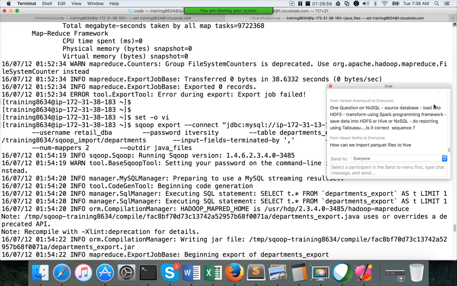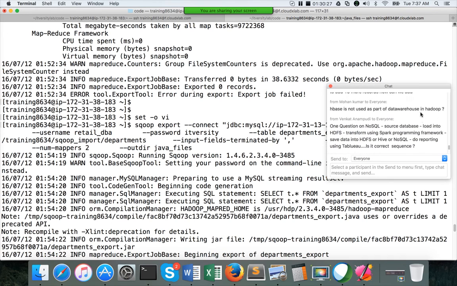Using HBase, you can integrate data in real time with a few seconds or few minutes of lag. The history can be tracked using HBase, and all those slowly changing dimension or type 2 dimension features can be implemented using HBase. So HBase is very relevant in some data warehouse applications. I hope that answers your question, Mohan. A very, very good question.